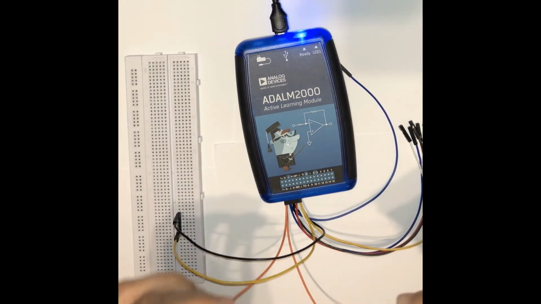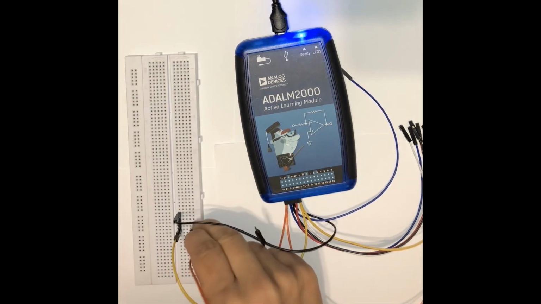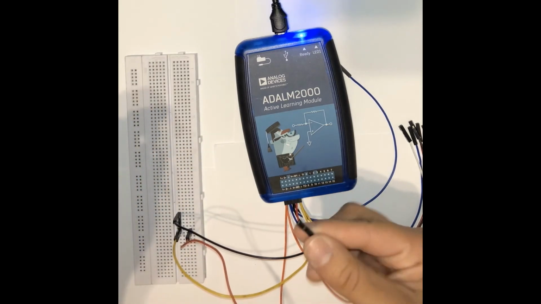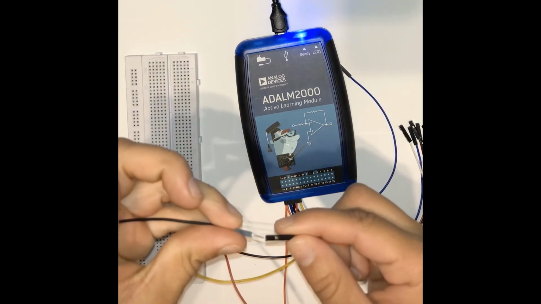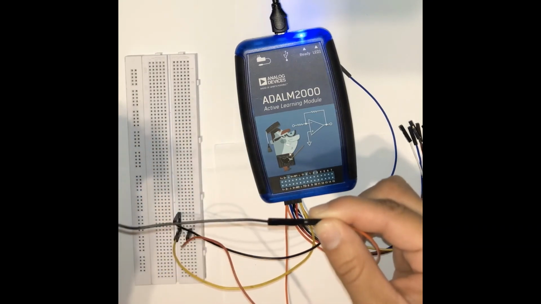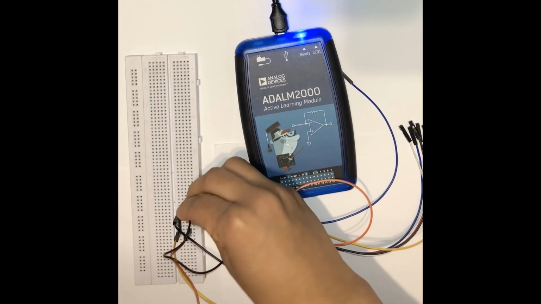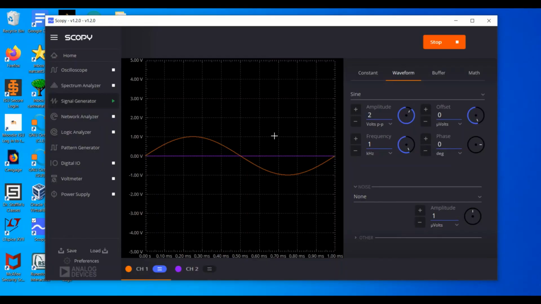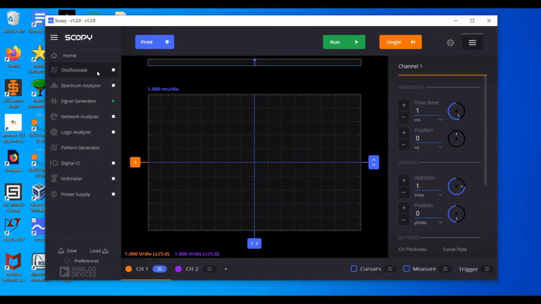So we just need to connect that channel 1 set in line with the waveform. So we'll have to ground the other one as well. As we've done in previous examples with the voltmeter, it's the same process. And so then we go back to Scopy and we switch from the signal generator to the oscilloscope. Make sure the signal generator is still running and click run here and ensure that you're on channel 1 because we didn't connect it to channel 2. So channel 1,